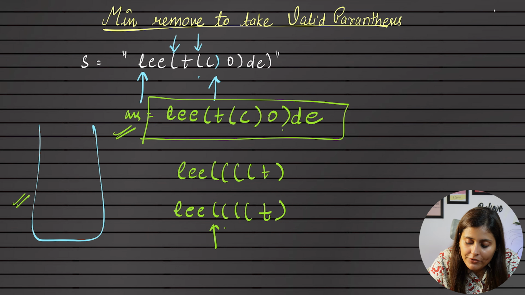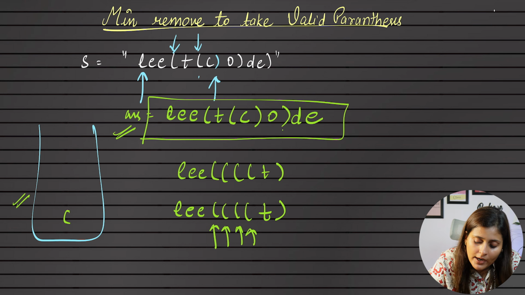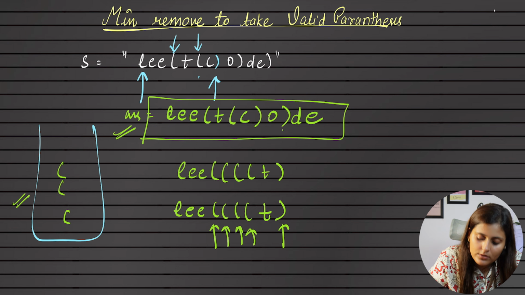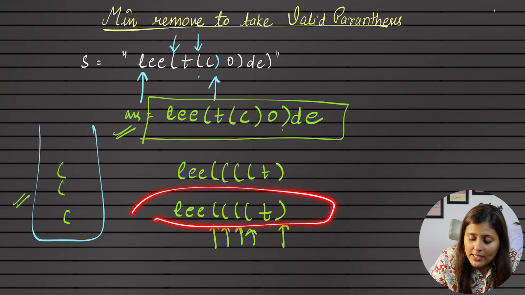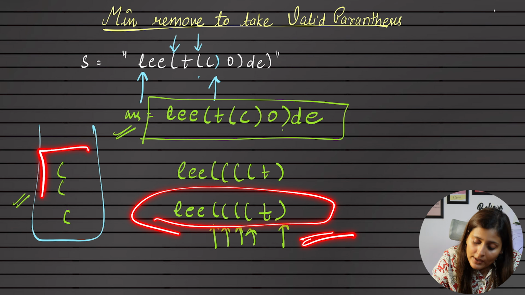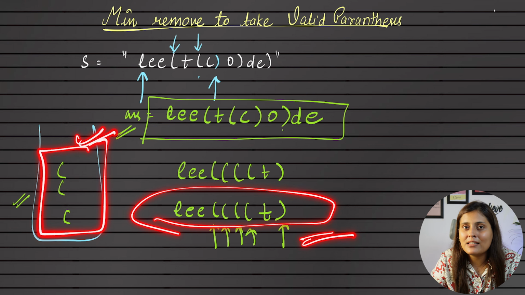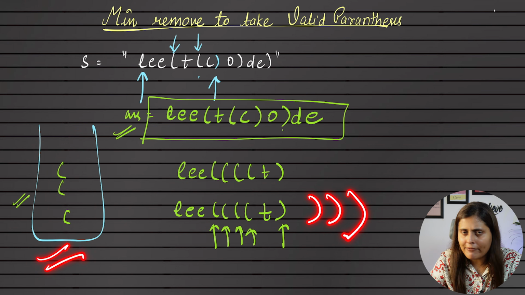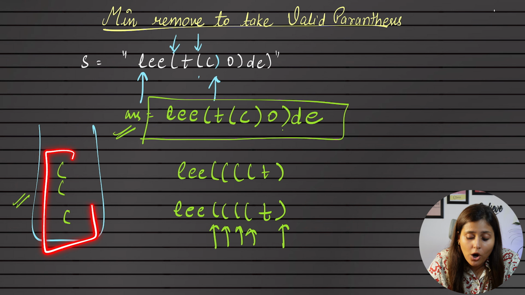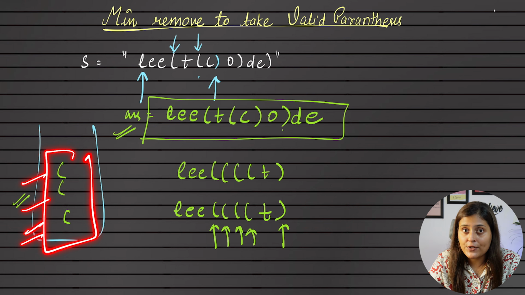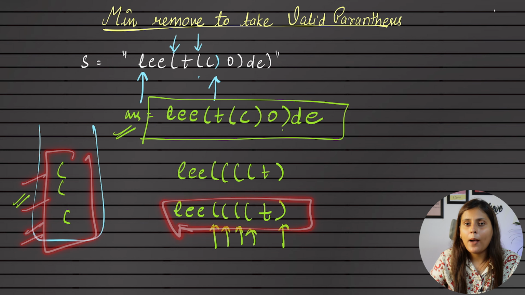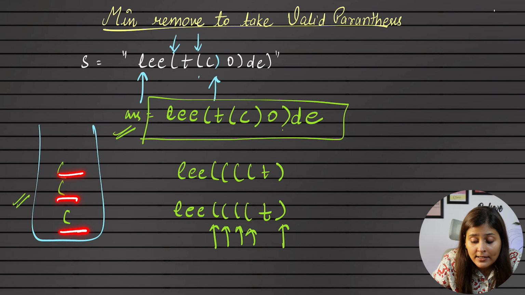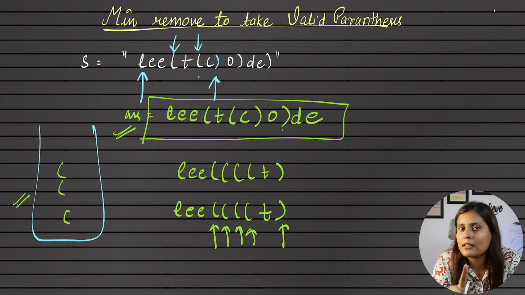So for extra open brackets, what will we do? In the stack, what did we save? Brackets 1, 1, 2, 3, 4. For one closing bracket, we would have removed it. Don't you think once we are done iterating the string, the number of open brackets we have is 3, which means these are extra open brackets for which I have not found a closing bracket. So this is also invalid, right? So in short, we have to remove these bracket characters from our string. But how can we know we have to remove these brackets unless we know the index for it?